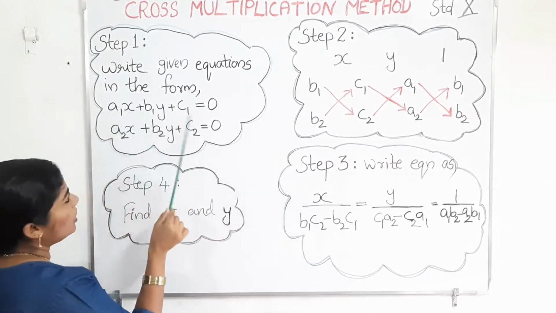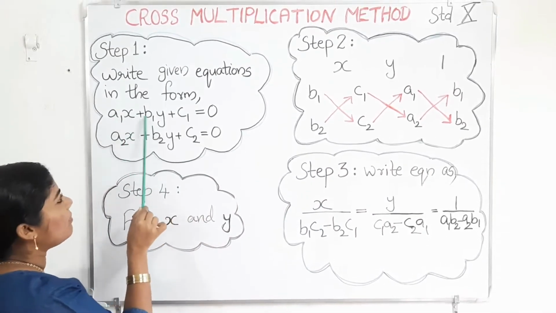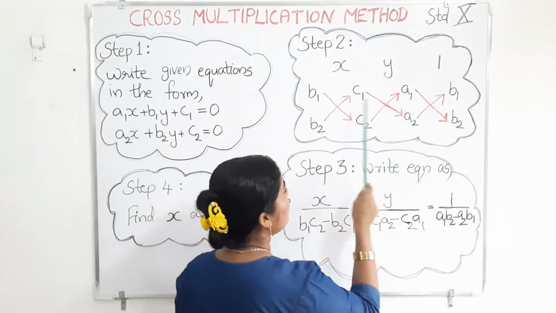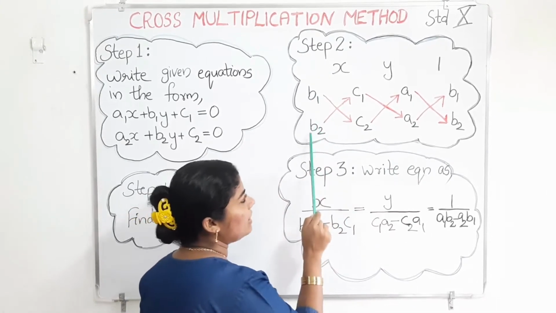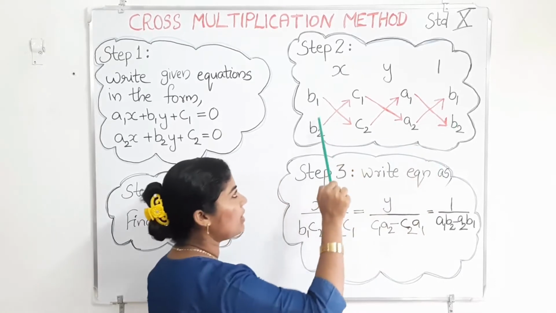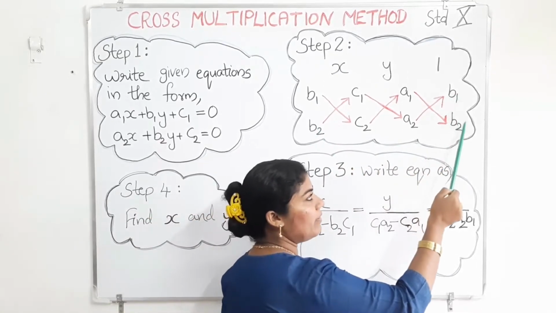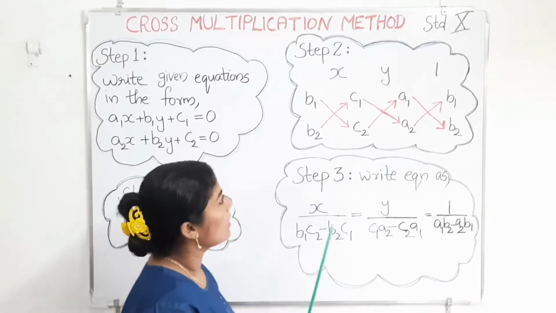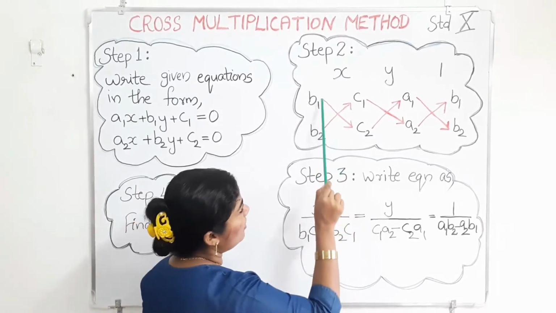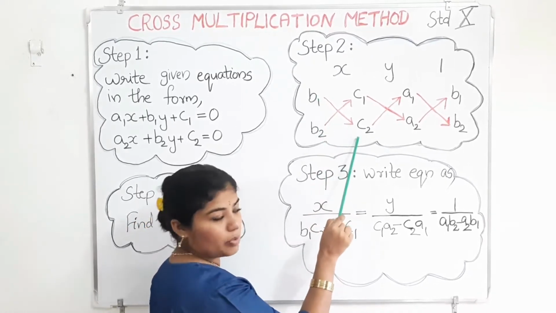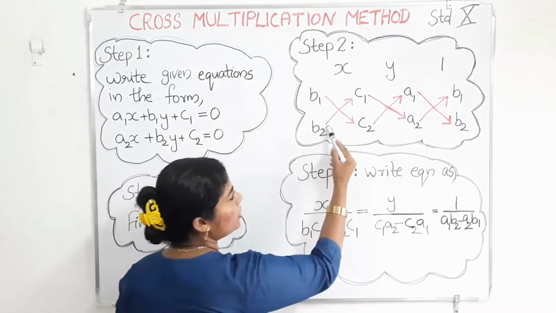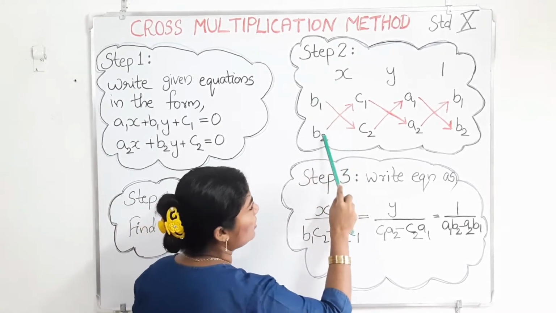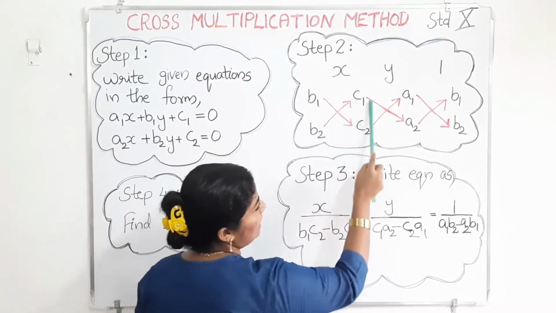Then coming back to your linear equations, here we used a1, b1, c1, a2, b2, c2. We first write b1, b2. The same thing we write on the last side also: b1, b2, and at the end also b1, b2. In between are c1, c2, a1, a2. And you see this pointer. This is drawn from b1 to c2, and from b2 to c1. The first one is b1 to c2, from up to down, then down to up, b2 to c1. See, like that it is going.